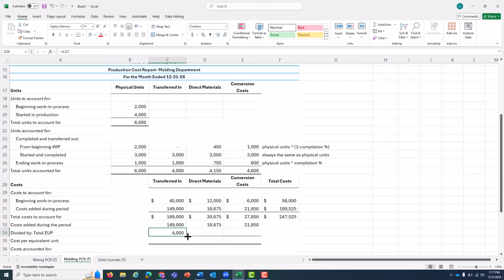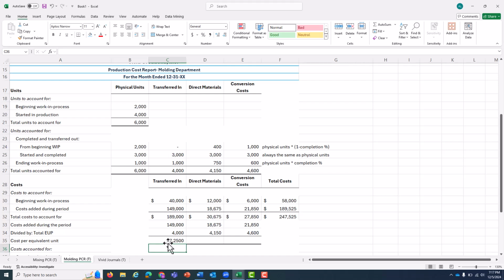And now, for my cost per equivalent unit, all I've got to do is, just like before, divide our costs added during the period by how many units we could have produced start to finish for that amount of cost. $149,000 in transferred in costs, going into 4,000 total equivalent units of production